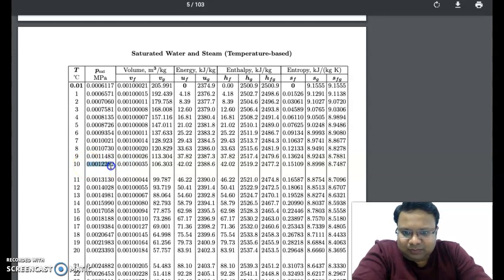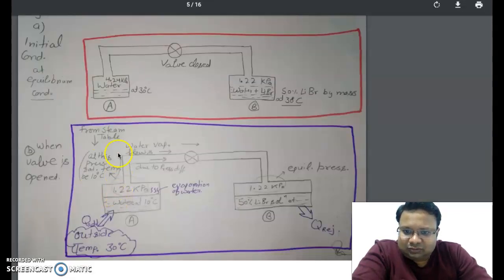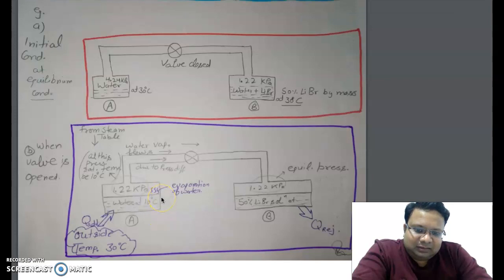Now if we go in the steam table and look at what would be the saturation temperature at this pressure of 1.22 kilopascal, as here it is in megapascal. So the saturation temperature across this will be 10 degrees Celsius. So in this vessel A, water is at 10 degrees Celsius. So if the outside temperature, which we have stated in the first case also, is 30 degrees Celsius,